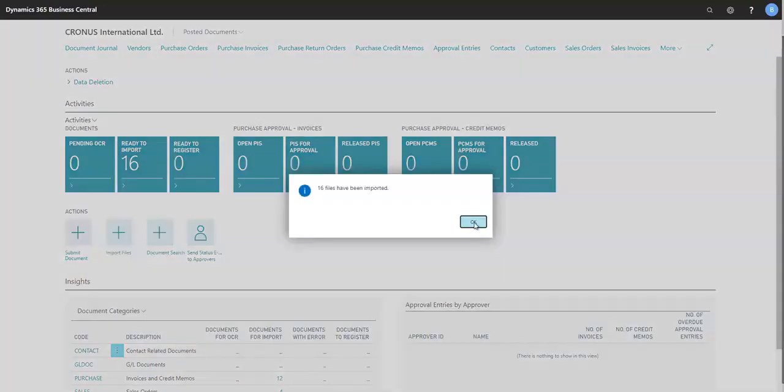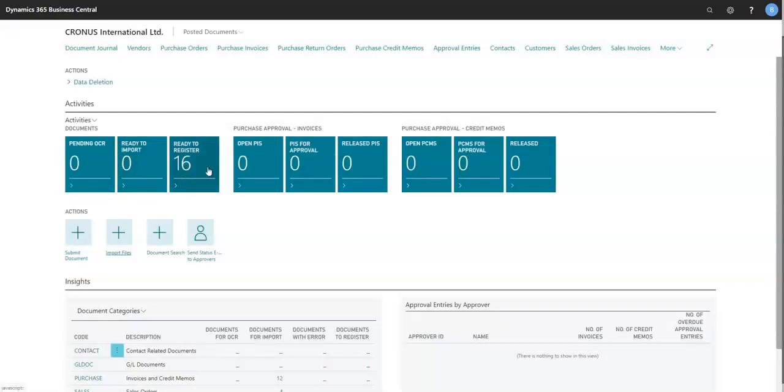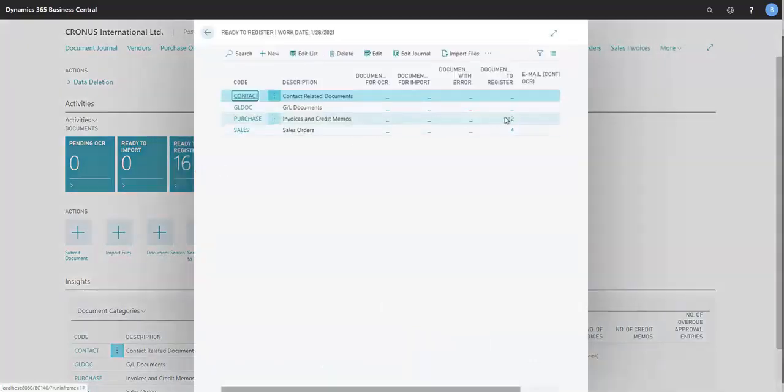Our files have imported, and now the 16 ready to import have moved into ready to register. So we can select that, and here we go. We've got 12 purchase invoices and 4 sales orders ready to be recognized. So if we come into the 12 purchase invoices,